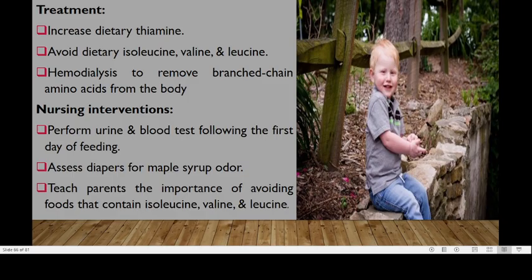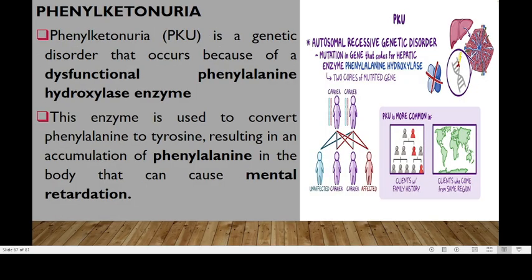isoleucine, valine, and leucine. The other metabolic condition is phenylketonuria, an autosomal recessive genetic disorder, where there's a mutation that affects the hepatic enzyme phenylalanine hydroxylase. So we have two copies of the mutated gene, one from the father and one from the mother. This enzyme is normally used to convert phenylalanine to tyrosine, resulting in accumulation of phenylalanine in the body that can